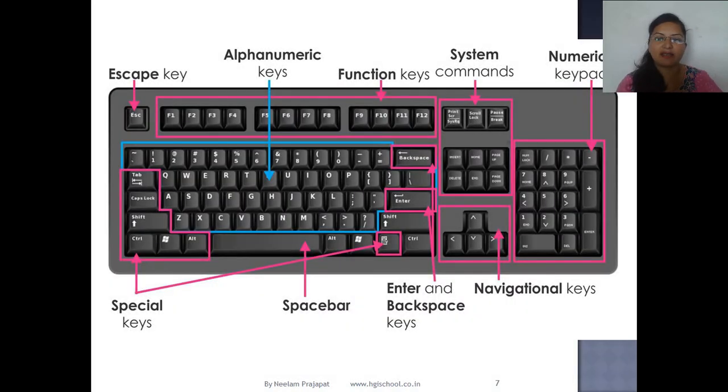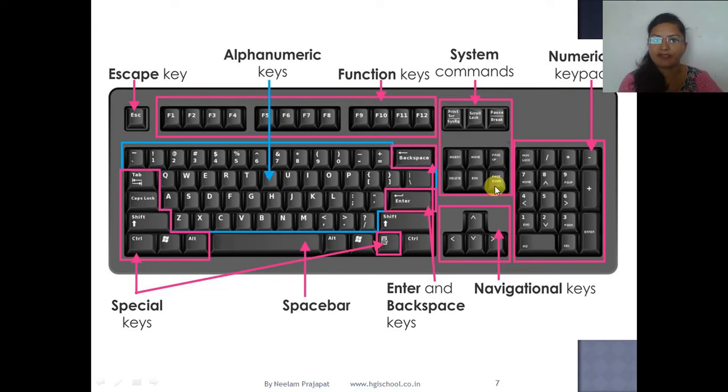So let's see the diagram of the keyboard. This is a labelled diagram. Escape key, and these are function keys, they perform specific functions. Now there are symbols, numbers and alphabets, so these are alphanumeric keys. These keys are special keys: tab, caps lock, shift, control, alt. Here also alt. This is the start key; click on the start button, then menus appear. Control key, shift key, these are all special keys. Enter key to go to the next line. Backspace key to delete letters on the left side of a particular letter.